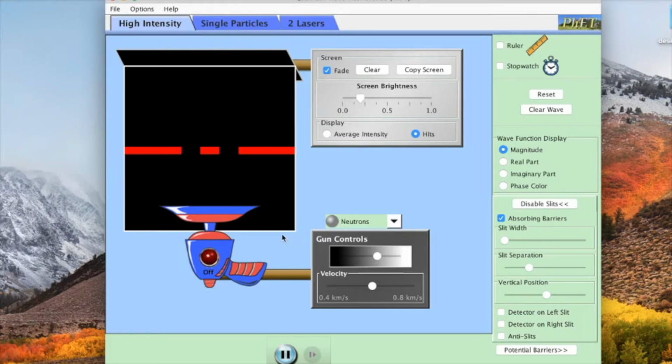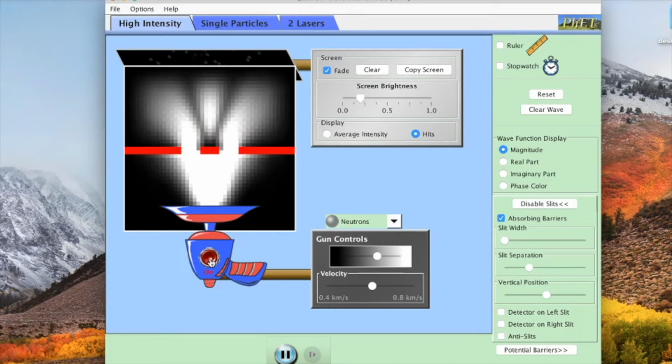So let's see what happens when I turn the gun on. And now this is high intensity, so it's spraying out. You can think of it as a continuous beam of particles. Several ways to look at this. We can look at the average intensity, which is what I'm seeing now, and you can clearly see that there's a central maximum and then these two secondary maxima, just like you would expect